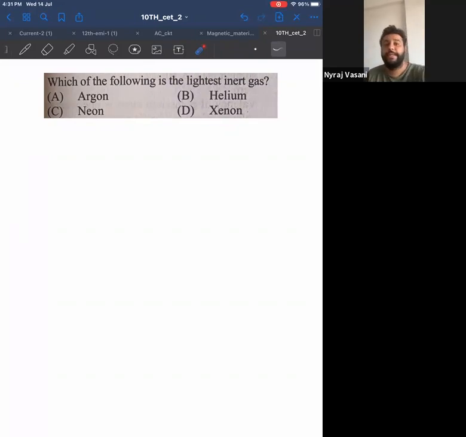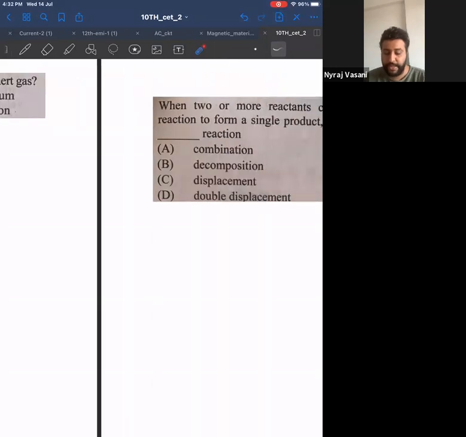Whoever has responded to me has given me the right answer. So my question and answer together is, why is helium preferred? Because it is incombustible, means it does not catch fire easily, and it is stable compared to hydrogen. Why not other inert gases? Why only helium? Because among inert gases which do not react, helium is the lightest. That is why I'm using helium. Okay. With that, let me go to the next question.